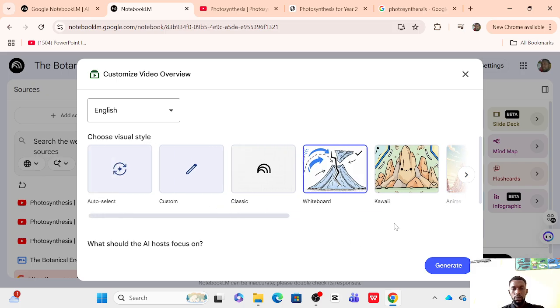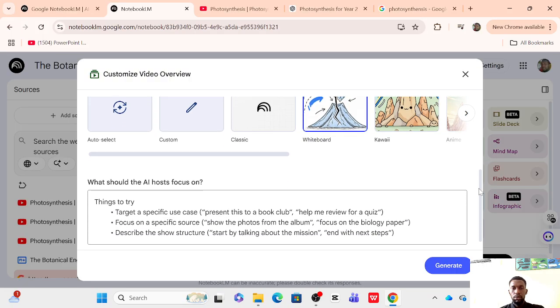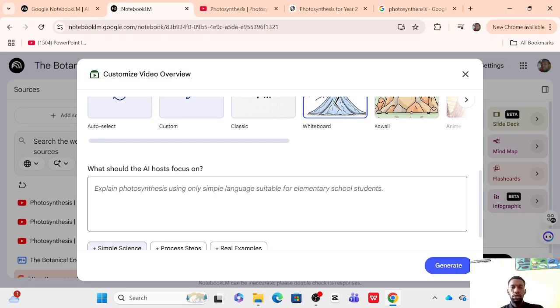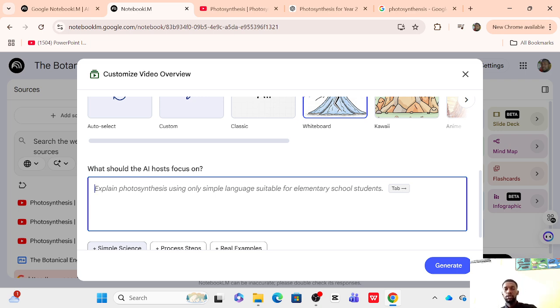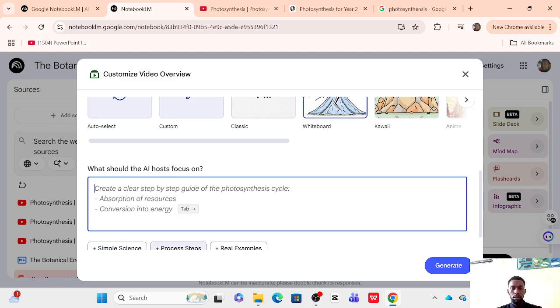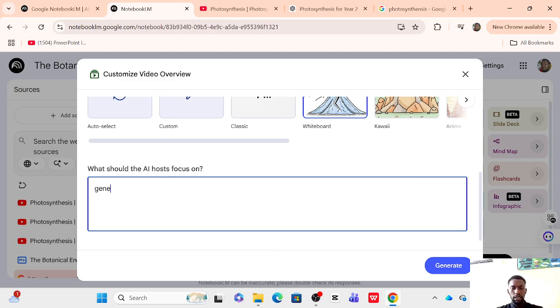Then, what should the AI focus on? So this is where you tell the AI what part of it should it focus on. And tell it to generate the process of